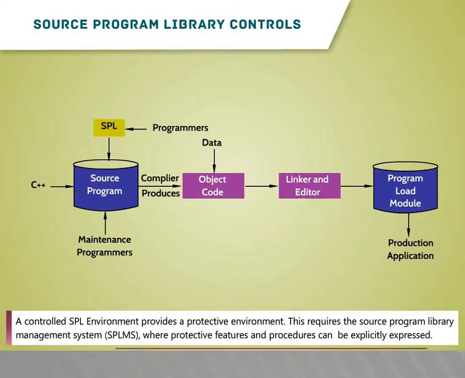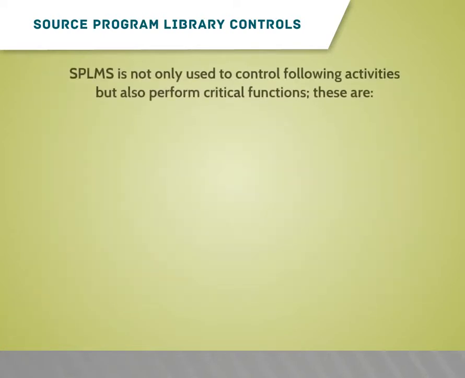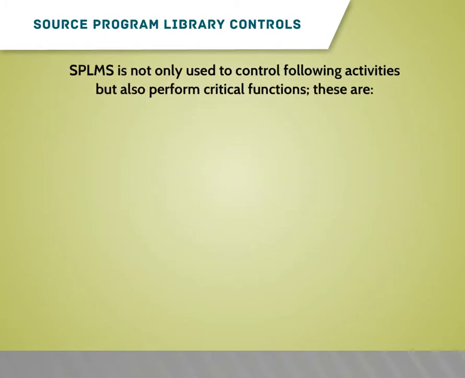A controlled SPL environment provides a protective environment. This requires the source program library management system, that is SPLMS, where protective features and procedures can be explicitly expressed. SPLMS is not only used to control the following activities but also performs critical functions. These are: